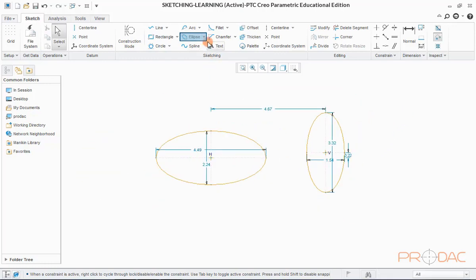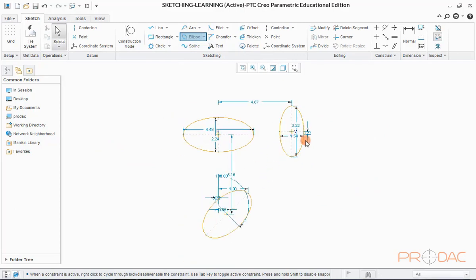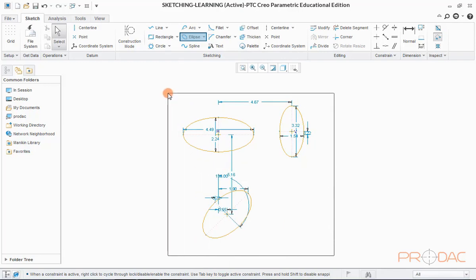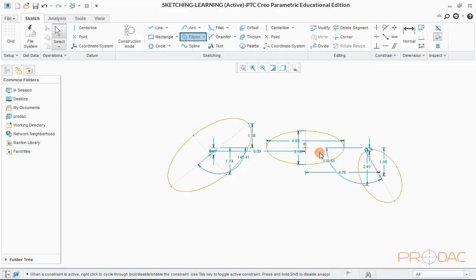Now, we can define the dimensions of major and minor axis. Now, let us delete all these ellipses and move on to the next type. For this, click once at any point and then move the mouse to define major or minor diameter of ellipse followed by a left click. Now move the mouse again to define another diameter followed by another left click.